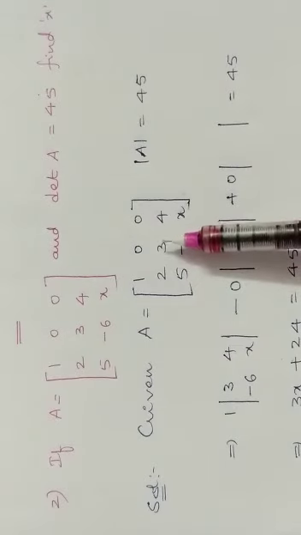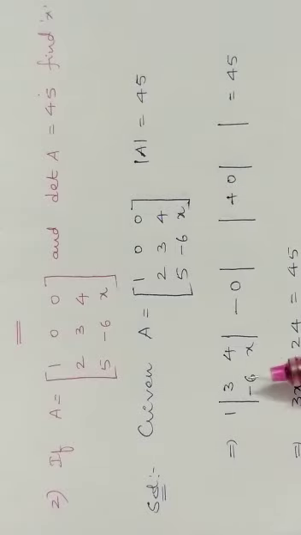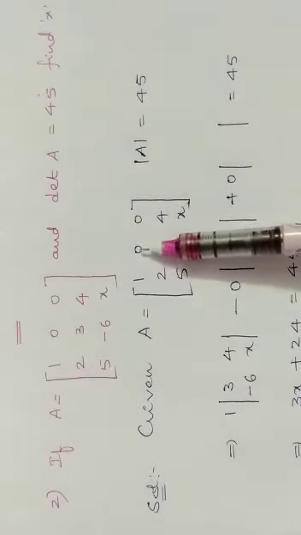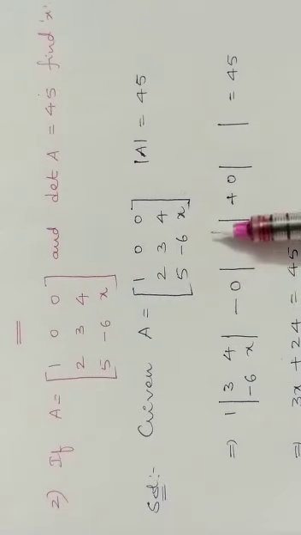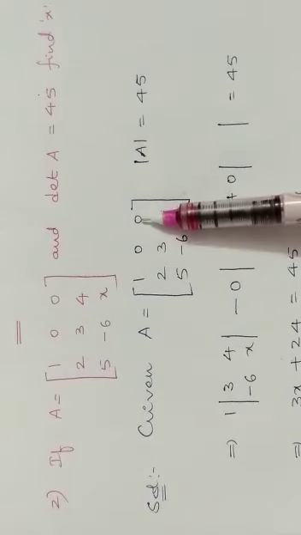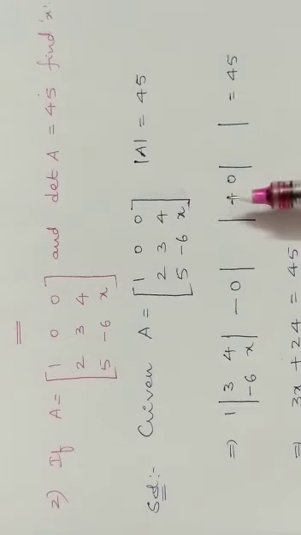The 4 elements left are 3, 4, minus 6, x. For the middle number, you have to take opposite sign, minus 0. Whatever be the number here, if you multiply with a 0, you get a 0. So I am not writing this one. For the third number, you have to take the same symbol, plus 0,